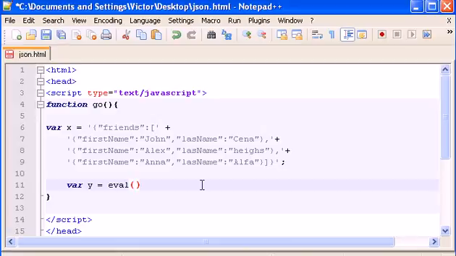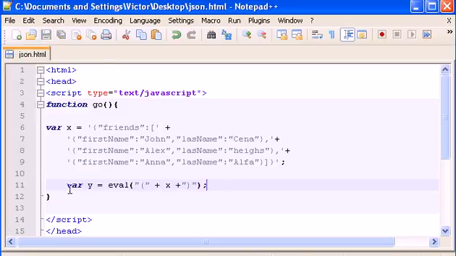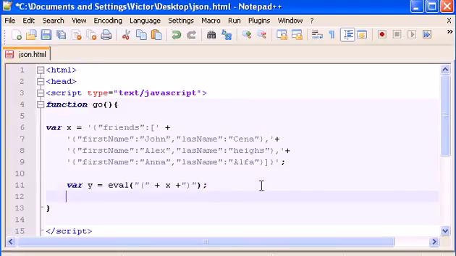To do that, we have to type eval, parenthesis, double quotes, parenthesis again, double quotes again, the plus sign, and in here we type x, then a plus sign, double quotes, and double quotes again, like this. Just make sure you have the syntax like this. Let's save it, and this simple thing will transform all this into a simple JavaScript object that we can call